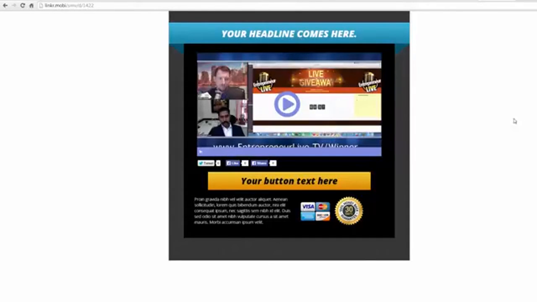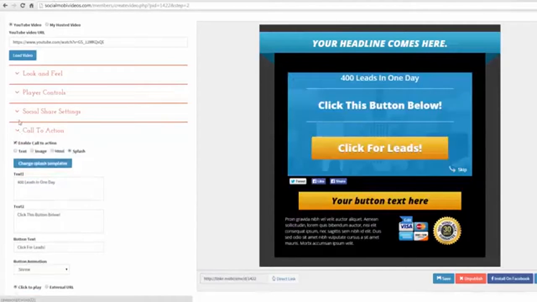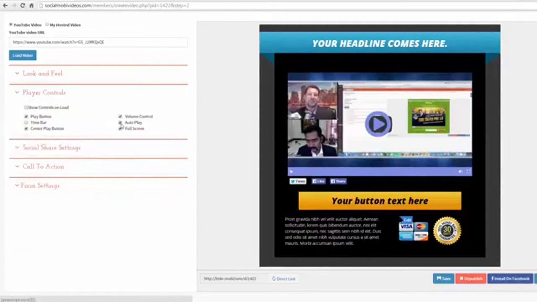Okay, so now you saw exactly what happened. You had the video playing and everything, but you couldn't see it until you clicked a button, okay? Now, we could also go and disable that. Actually, it was under player controls, where we could go ahead and uncheck this, and then you're not going to see that, okay? But I think that makes sense.